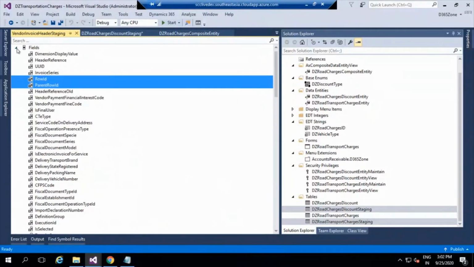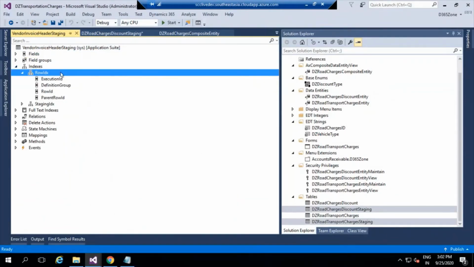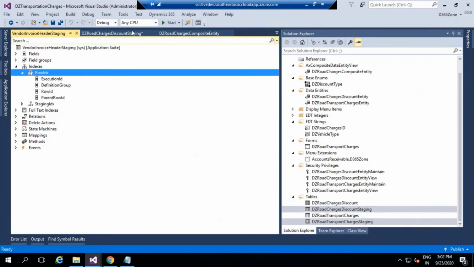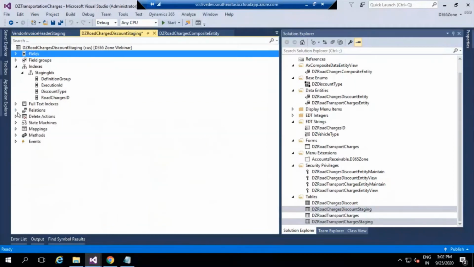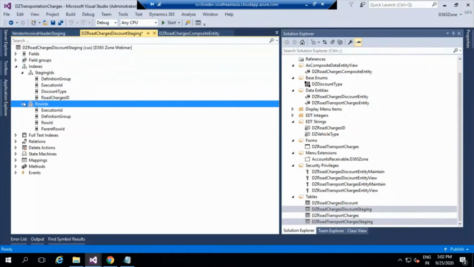And we should also copy and paste one more thing. We have to go to indexes. In this index, we have row ID IDX. I'm going to literally copy this and go to my original staging table. Here in the index, I'm going to paste it. Okay, these are the two activities you have to do.